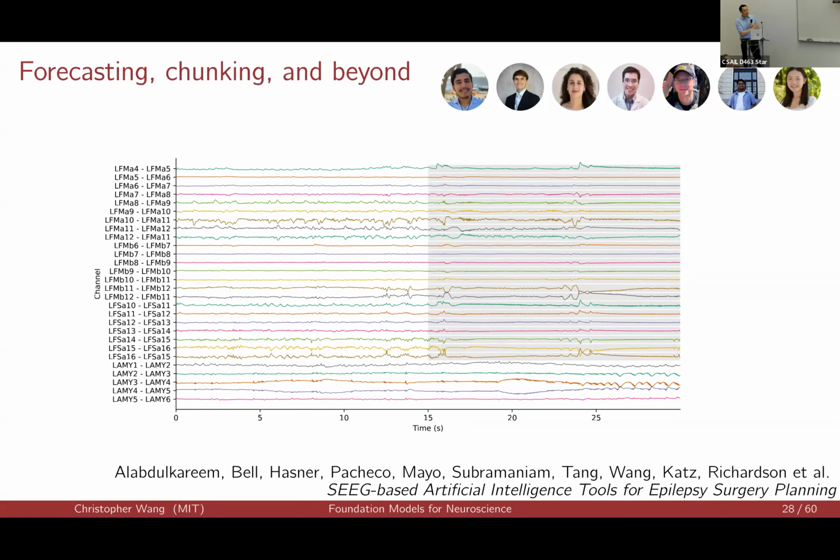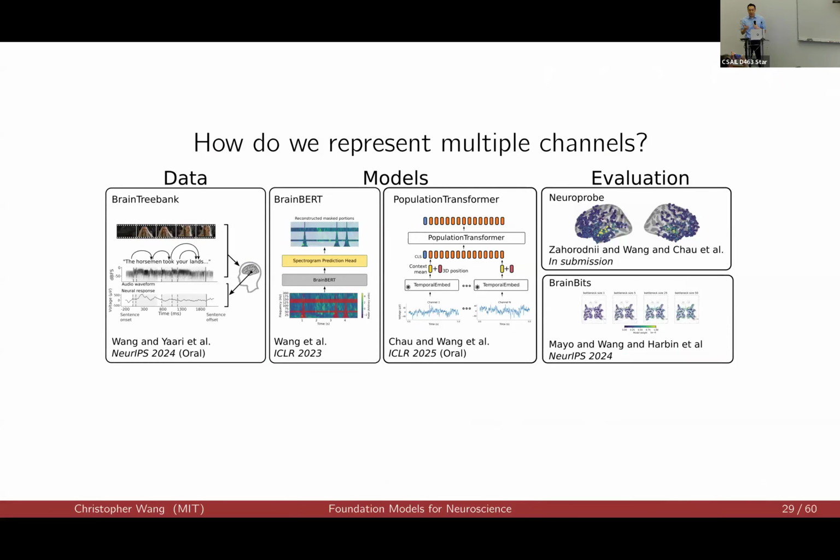And on this slide, I have just as an example, the sort of chart that a neurologist would look at. One kind of salient meta property about this chart that hasn't appeared on many of the previous slides is there are a lot of time series here. We're not just recording from one channel, we're recording from many channels, and the neurologist needs to consider all of them at once. And BrainBird only gets you the representation for one channel. I had to do all of that analysis electrode-wise. And the question becomes, how do we represent multiple channels worth of activity? And this is what I'll address in describing our model of the population transformer.